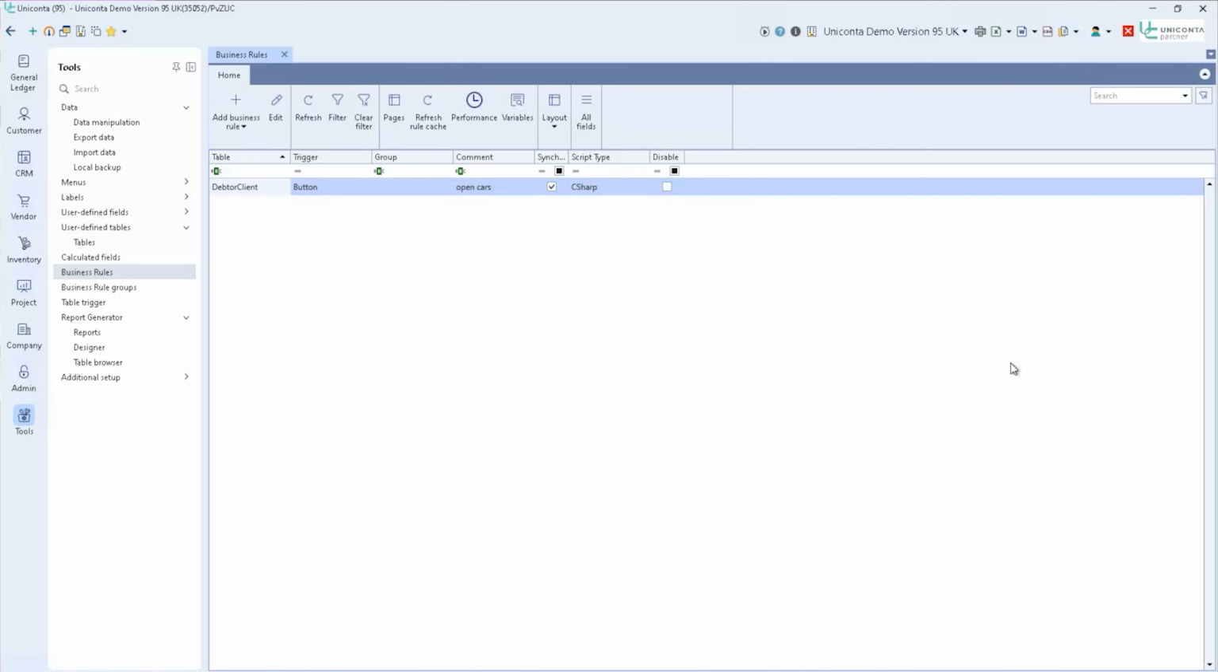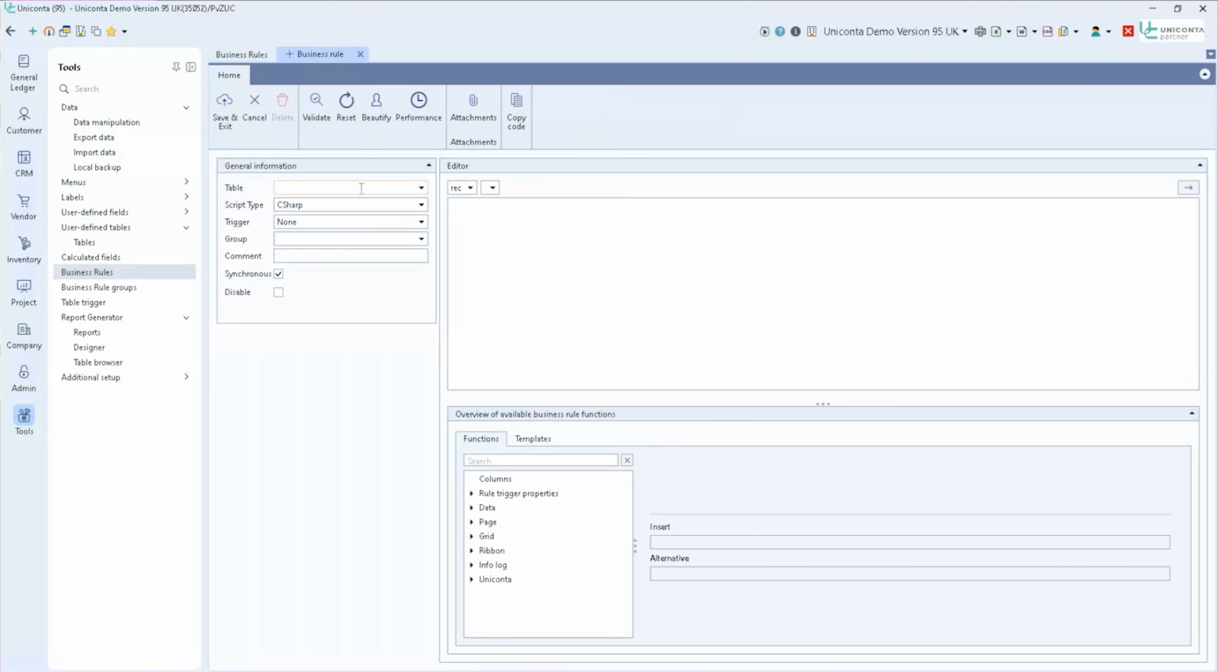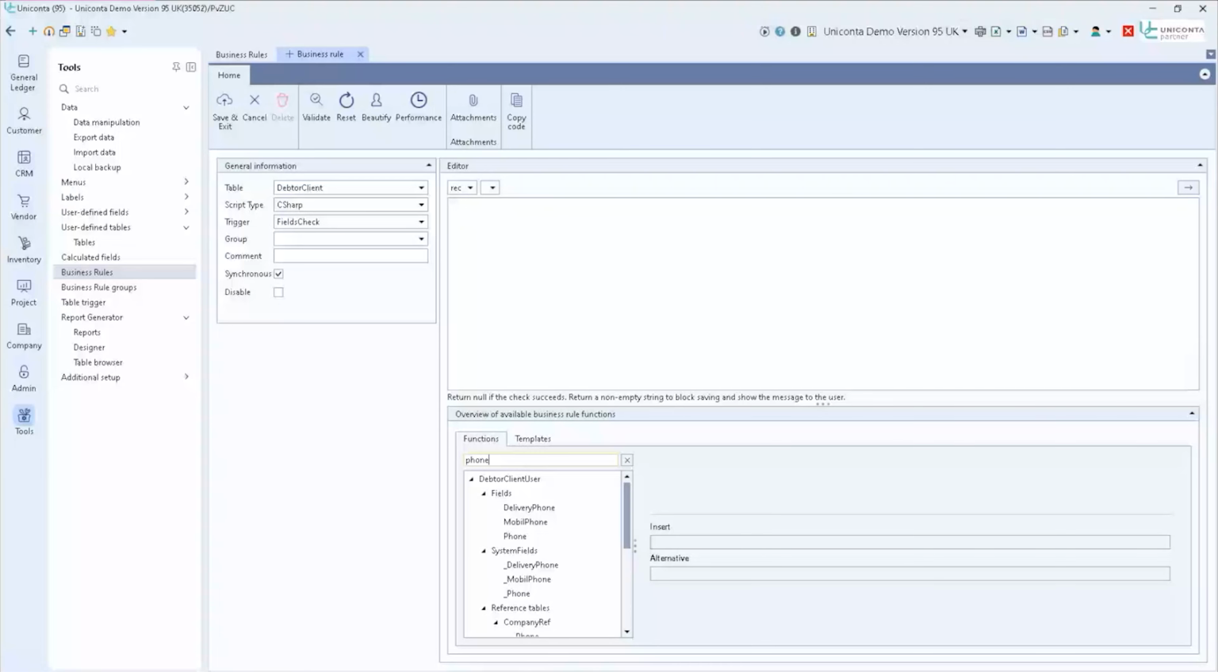I'll go with the second one, which is validating a phone number on a record field check. So I'm going to add a new one. I'll again have the adapter clients, and this is going to be the fields check. Maybe you don't know which field you want to use. There are a couple ways to do this. We can obviously search here. I want to see the phone, and I see delivery mobile and the normal phone, but there is also a